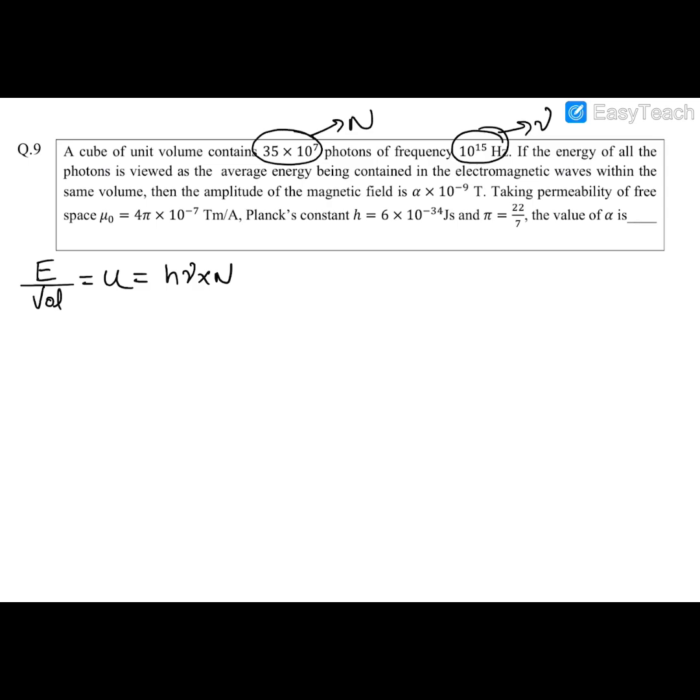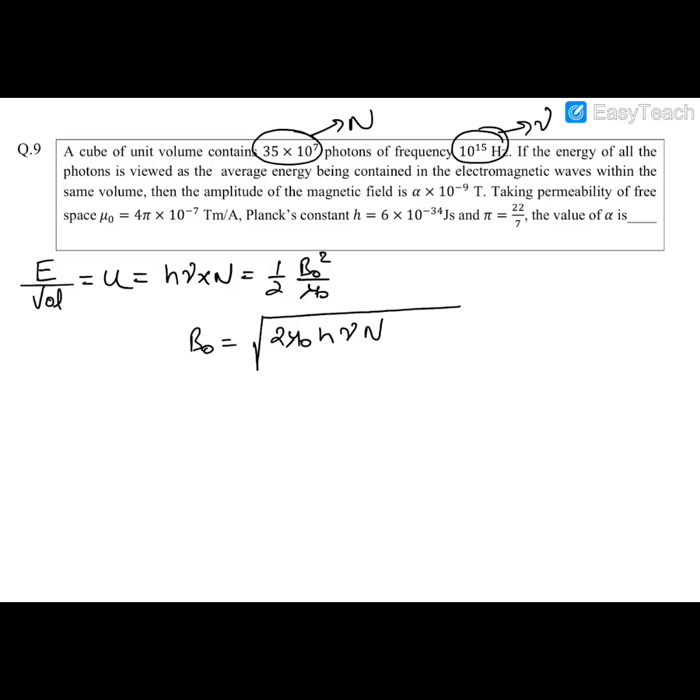Okay, and this will be equal to half B naught square by mu naught, because the average energy contained in an electromagnetic wave is this. Okay, and B naught is therefore equal to under root of 2 mu naught into h nu n,